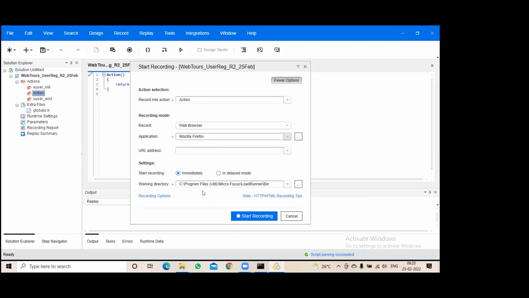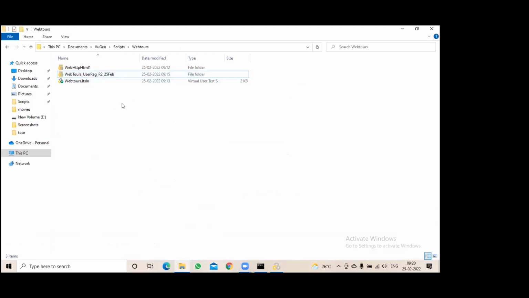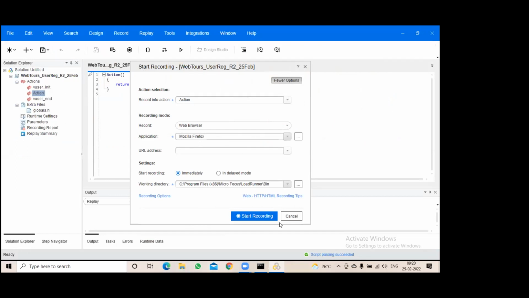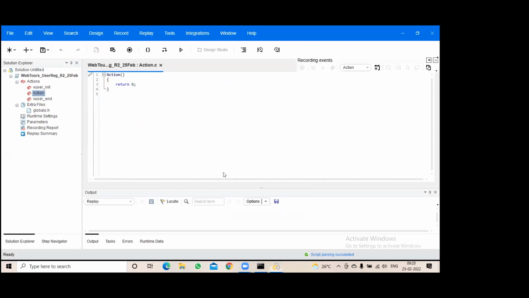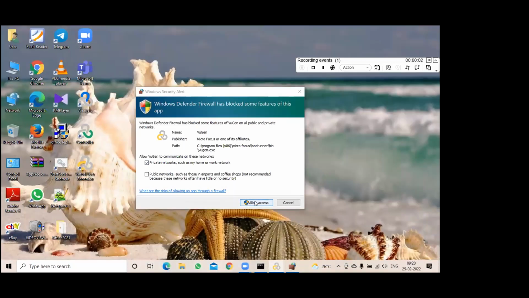So when you install LoadRunner, you will have some browsers also by default, which will be installed on your machine. They come with LoadRunner actually. So you can see that also. Can you go to the installation folder? Otherwise, I'll show you that later. Nothing to worry about at this moment. Click on start recording. By default, LoadRunner comes with some browsers. In the installation folder, you will see some browsers by default.